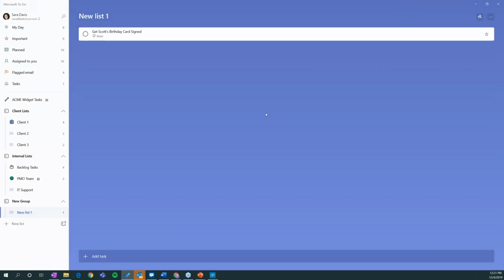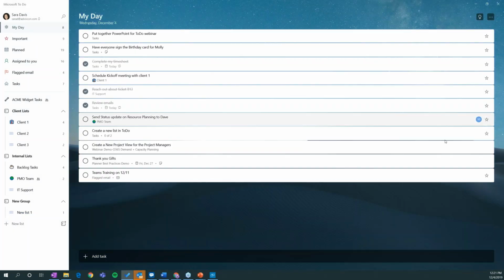So another thing about To Do is the fact that they have an app for your phone. So you as a project manager are not always at your desk. Sometimes you're running around trying to get things done, and sometimes you need to keep track of all the things you have to do that are getting thrown at you, but you're also running around and not at your computer to write these down or put them in your To Do. So To Do has an app